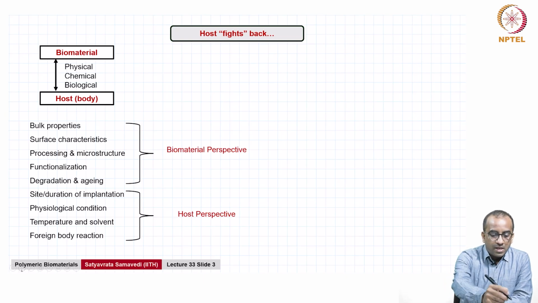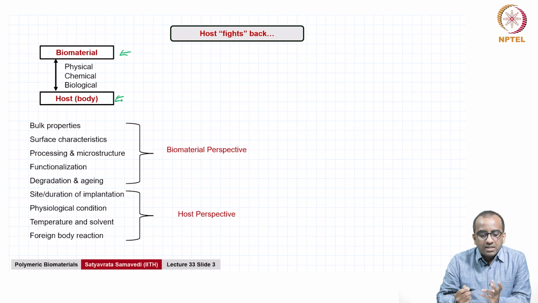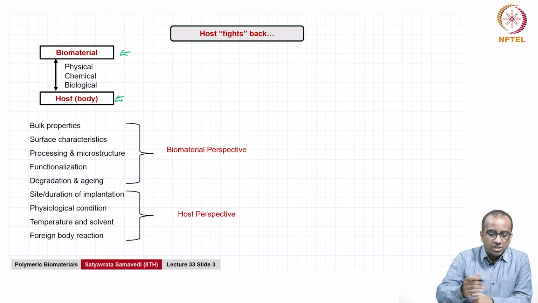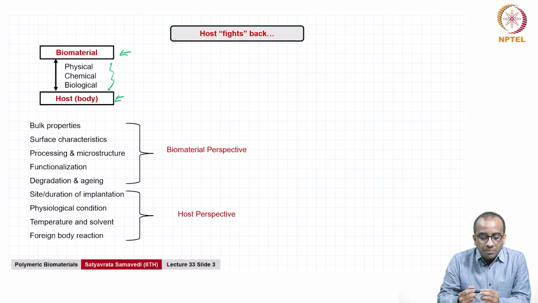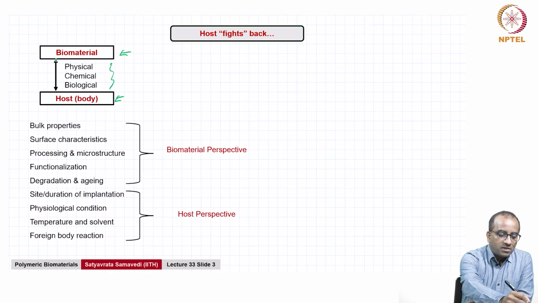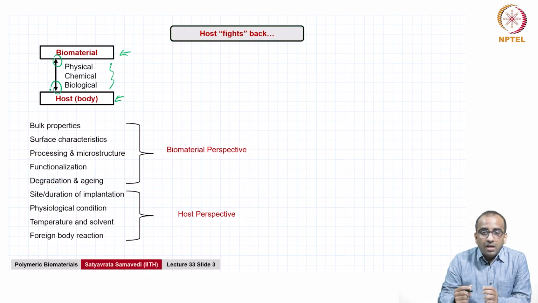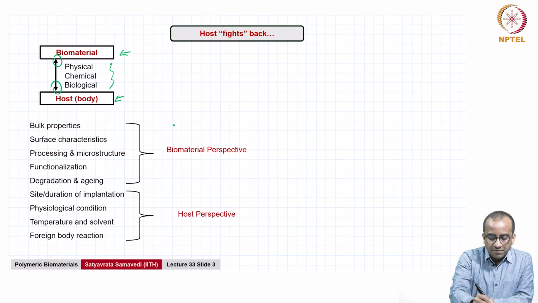So firstly, we note that biomaterials and hosts interact in a two-way direction, and these interactions could be physical, chemical, and biological. And note the two-way arrow where the biomaterial is going to act upon the host. The host also will act upon the biomaterial. And from a performance perspective,